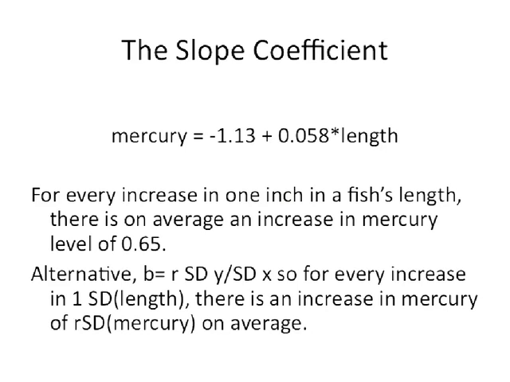Another way to think about it is that the slope is R times the SD of Y divided by the SD of X, so the SD of mercury level divided by the SD of the length of the fish. That says that for every increase in length of 1 SD of length, you can expect the mercury level on average to increase by R times 1 SD of mercury. So that's how we interpret the slope. That doesn't mean